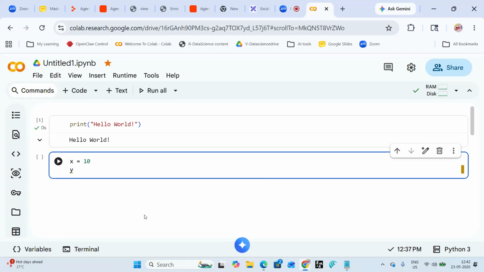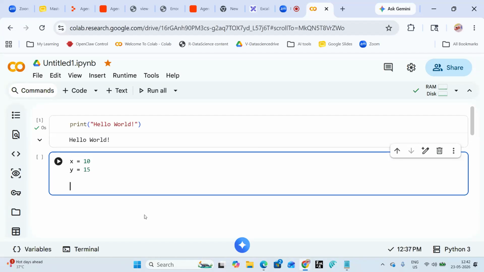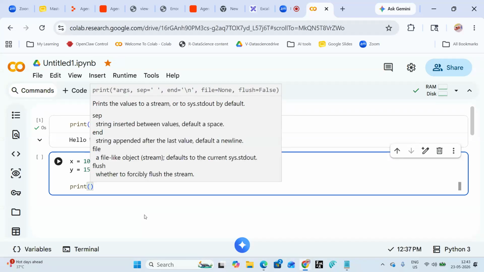y = 15. Everywhere we have mathematical operations, and every programming language has mathematical operations.